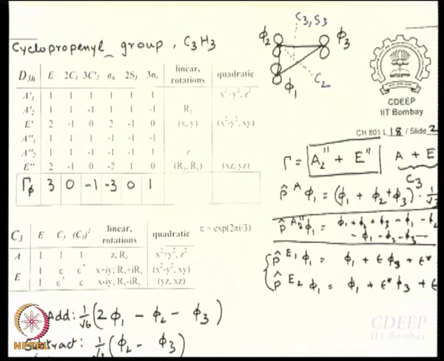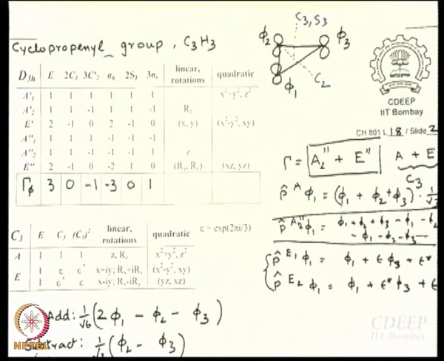Please multiply. The answer is not written anywhere. You have to work it out and see. Please multiply 1 by root 6 into 2 phi 1 minus phi 2 minus phi 3 by 1 by root 2 phi 2 minus phi 3 and see whether you get 0 or not. Remember that phi 1, phi 2, phi 3 in themselves are orthogonal. Do you get 0 or not? Are we getting 0? What about phi 1 plus phi 2 plus phi 3 and 2 phi 1 minus phi 2 minus phi 3? Are they orthogonal?